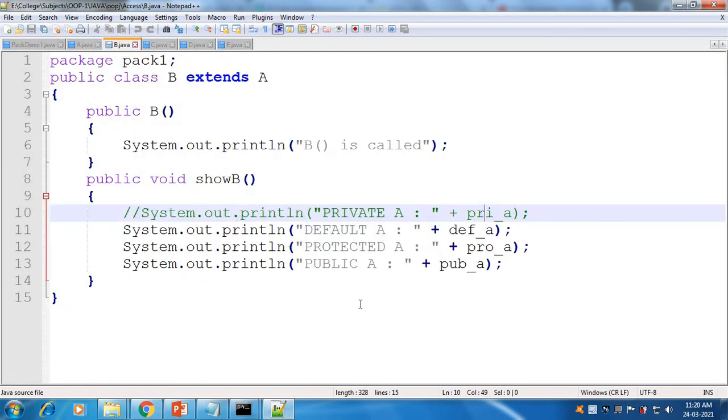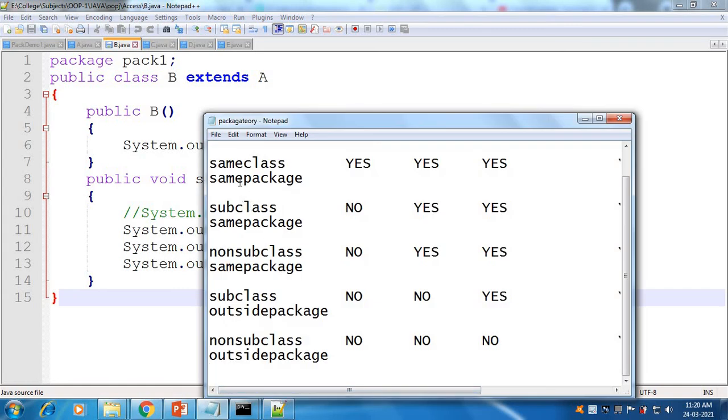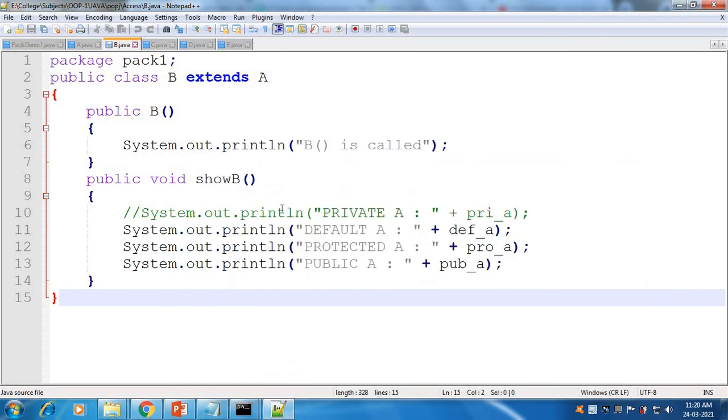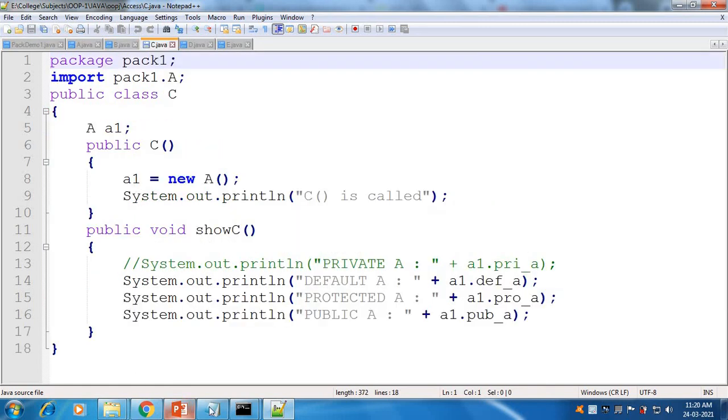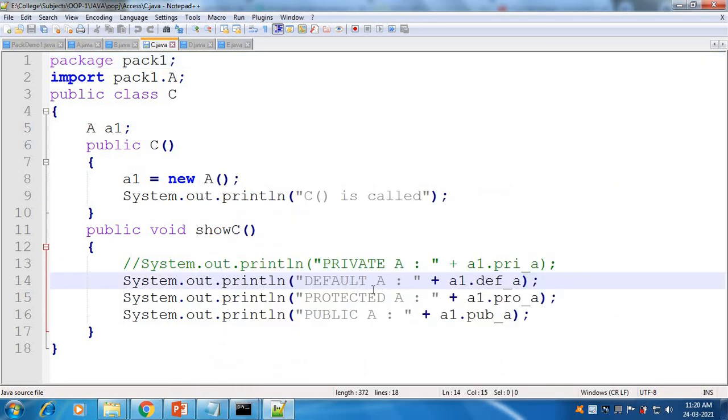If we talk about class B, it is in the same package and it is a subclass, meaning this scenario, same package and subclass, so private variables cannot be accessed, so private is commented out here, all other variables can be accessed. If we talk about class C, the concept is non-subclass, meaning C is not extending A but it is in the same package, so only private cannot be accessed,